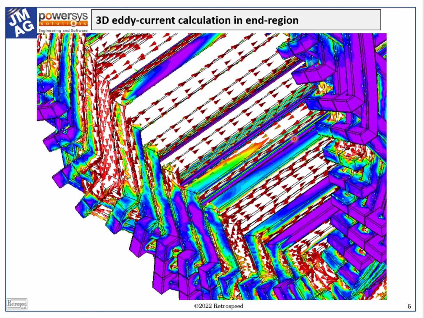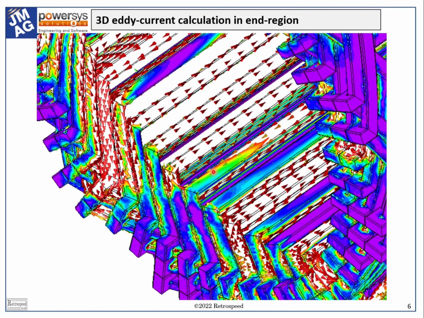The finite element flux plot in slide 6 is another example of this kind of partition, where the numerical analysis results are confined to one region of the machine, in this case the end windings. Once again we have a hybrid approach, but we have partitioned the field to focus on one particular design region.